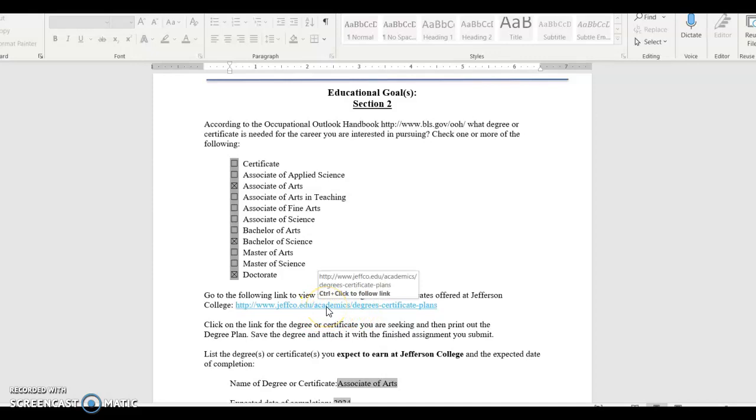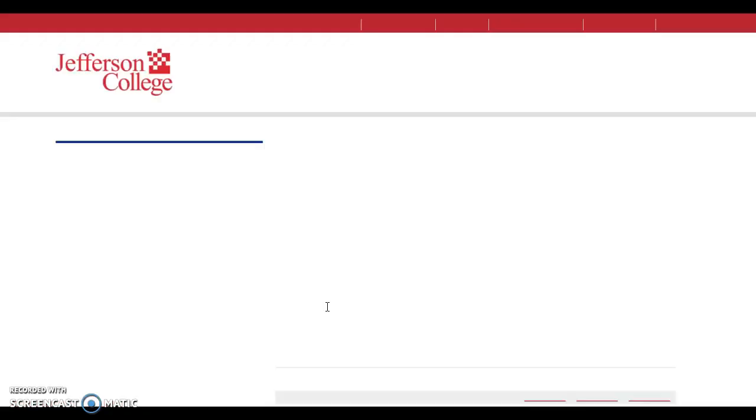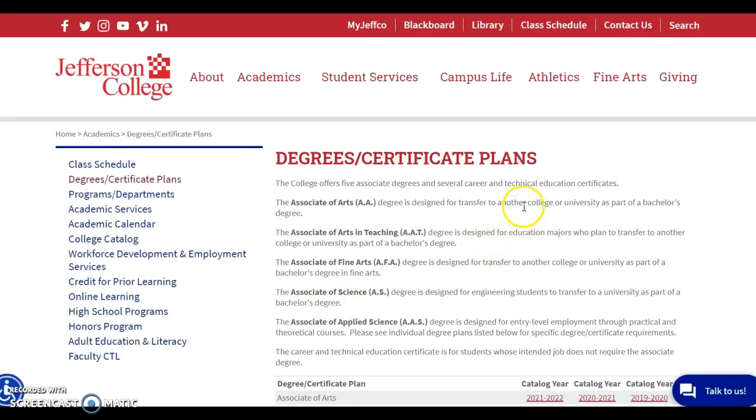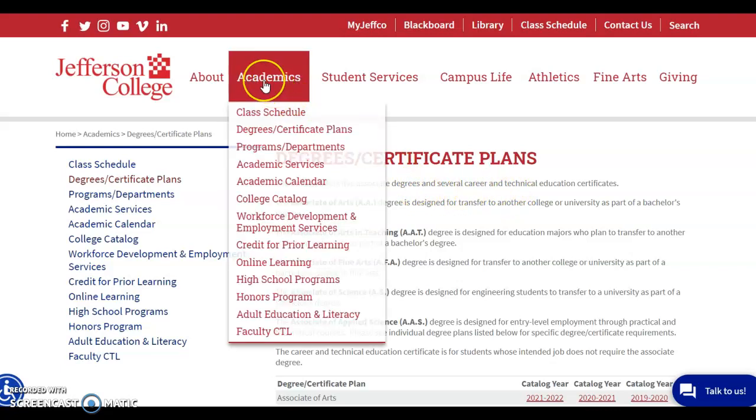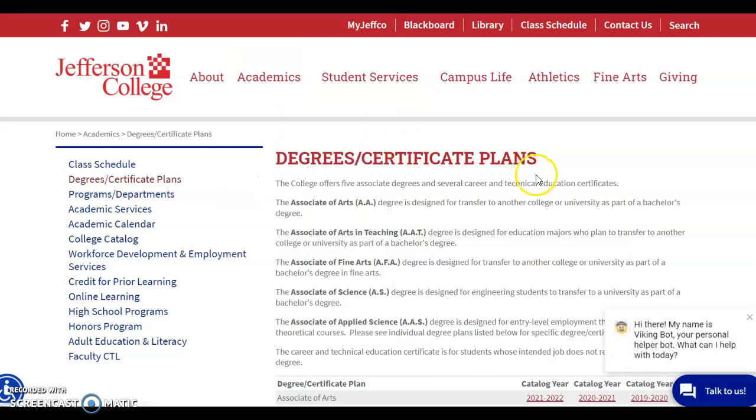You may do this by clicking the control button, and the link will take you to the Jeffco homepage that lists all of our degrees and certificate plans. You can also reach this page by going to the Academics tab on My Jeffco. Here you will find the Associate of Arts degree that is designed to transfer to another college or university,